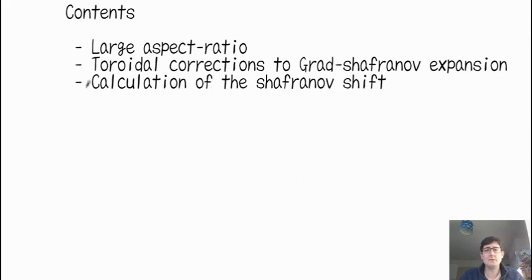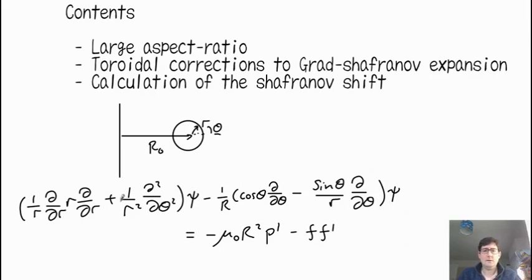The basic idea is that we have an axis of the machine, we have a plasma at a major radius R0, we have a minor radius r, and a new toroidal coordinate system with this angle theta going around here, and minor radius outwards here. We can write the whole Grad-Shafranov equation in terms of this cylindrical toroidal coordinate system, and so we end up with these various terms. There's the right hand side here with the pressure and the current function.